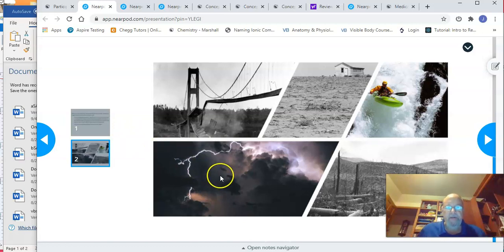Okay, a thunderstorm, or nature tearing apart a large bridge, or nature causing a drought. This is a picture of the Dust Bowl. Nature causing destruction of a forest. This is Mount St. Helens, the volcano in Washington State that erupted and destroyed the land for miles around it. And then this is just a powerful waterfall, and trying to navigate through that to